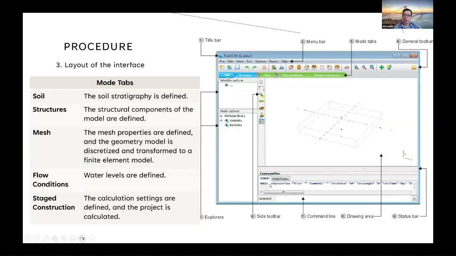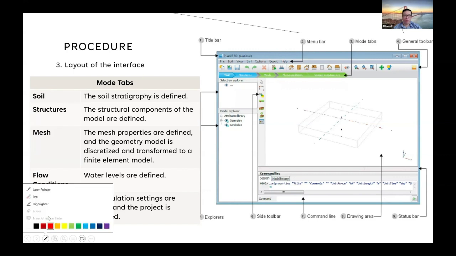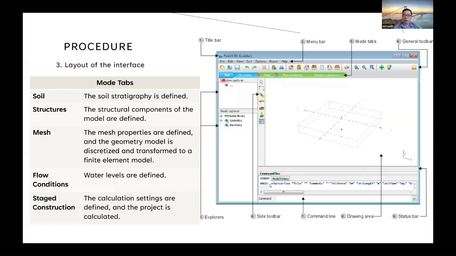So we can see there is a soil tab. It means that you need to start from material. In this soil tab, it doesn't mean that you only key in the soil properties, but also under this soil, later on you can key in the pile properties. So soil doesn't mean only soil, but material. You can key in ground anchor properties, soil nailing properties, geotextile properties, and for today, we will demonstrate the pile cap also, so we can key in plate properties too.